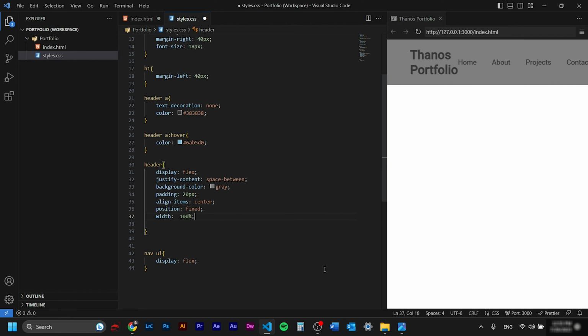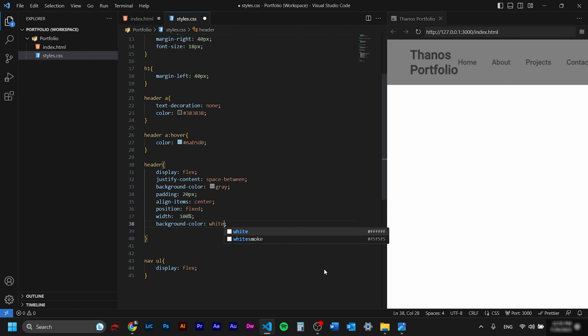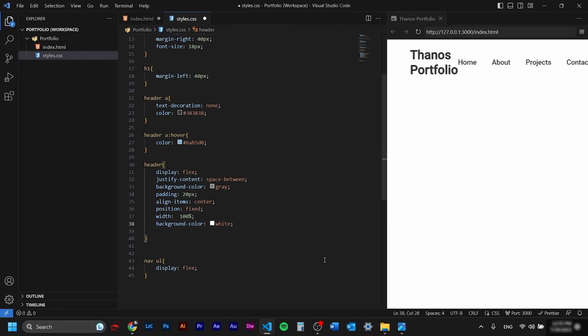The last thing to do is to set the background color to white. So we'll go background color white. But because we want to give transparency, we can't use this setting. We have to use the RGB codes and set all the three colors on 255, 255, and 255.